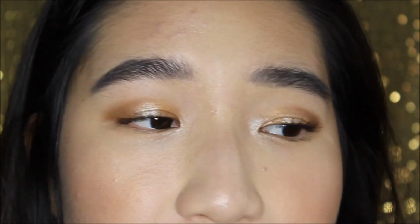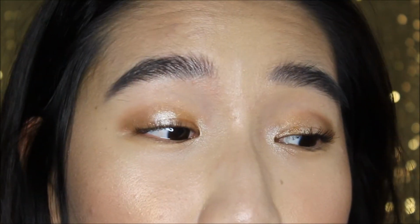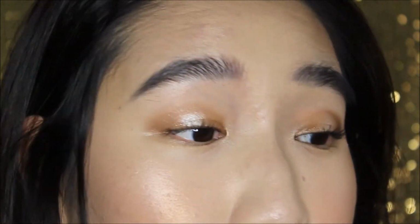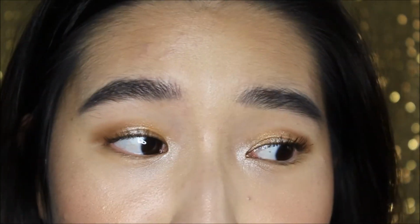Okay, so those are my eyes done. I just curled my lashes and put on mascara. As you can see, the pop of that shimmer I put on the lid is really peeking through, giving it that halo effect. And the cut crease is looking pretty good, so my eyes are sufficiently brightened